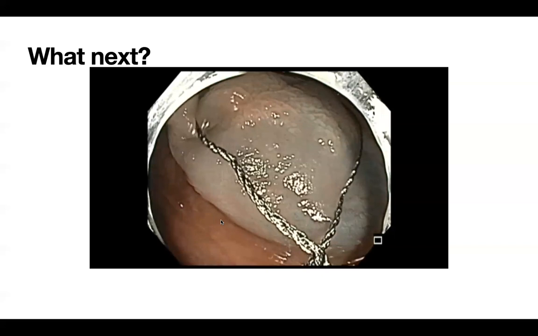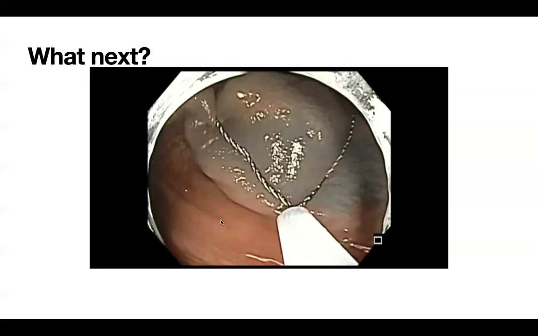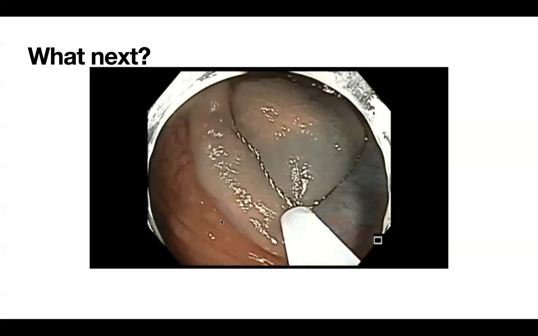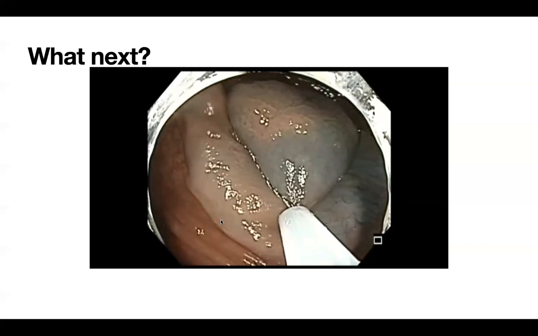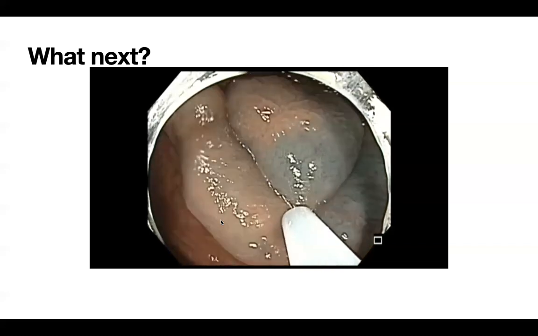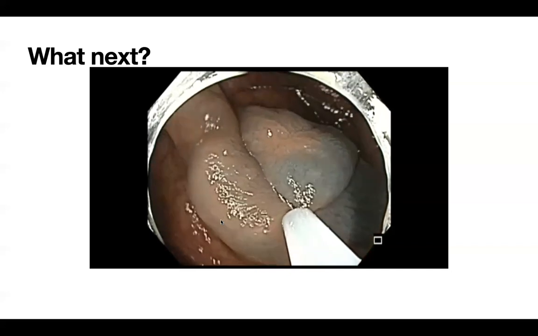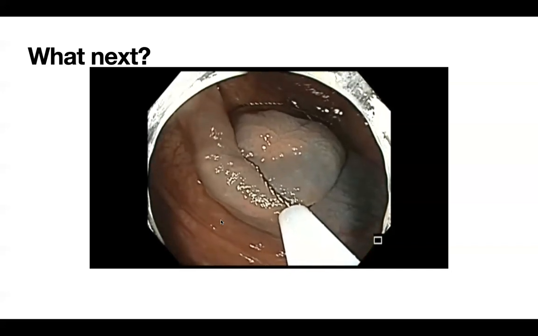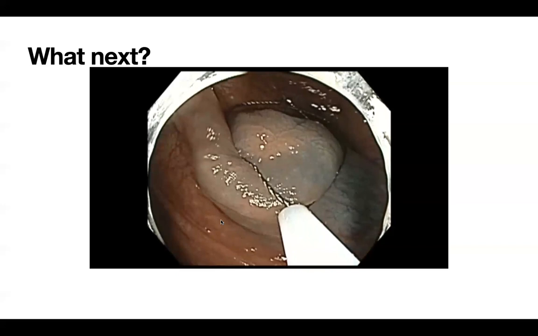tends to be stable, a little bit stiffer, and even if you press it down, it's not going to flip. And as you can see, this is on the top of the fold. And as I'm trying to resect en bloc,